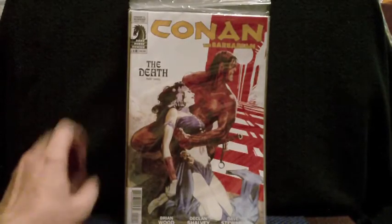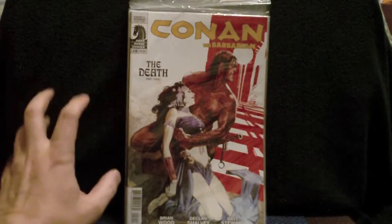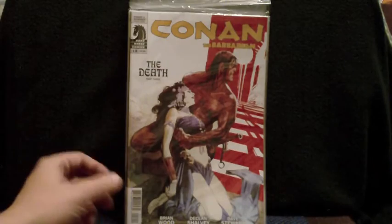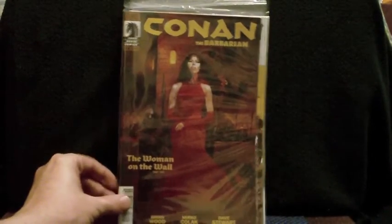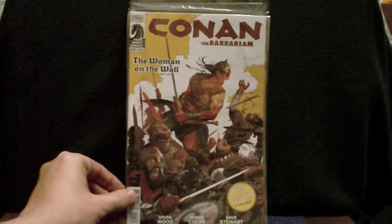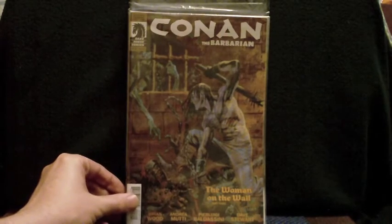Declan Shalvey. That's the great thing about these kind of books. So many different artists work on these books, and they just give them their own feel, but still keeping Conan looking like Conan, if that makes much sense. Issue number 14, some colours on there by Dave Stewart. He's a firm favourite over at Conan. Issue number 13. Issue number 15,